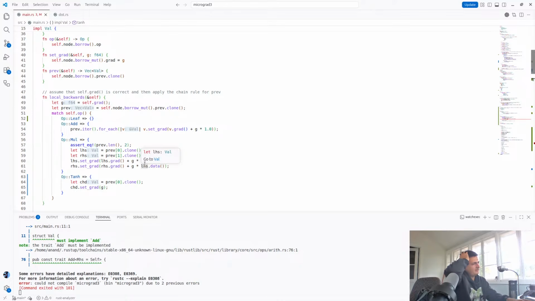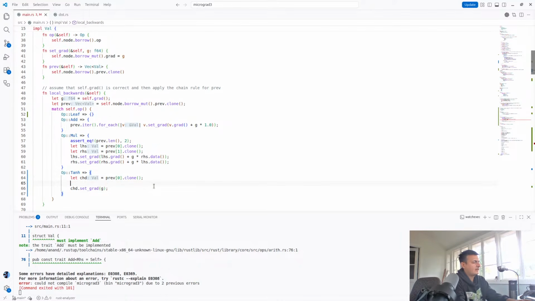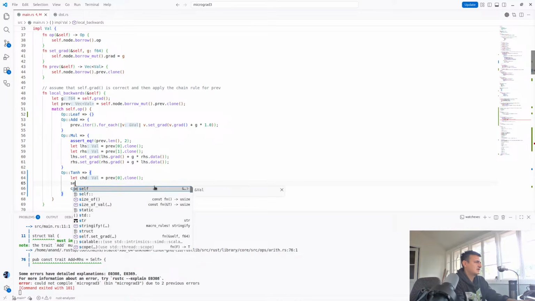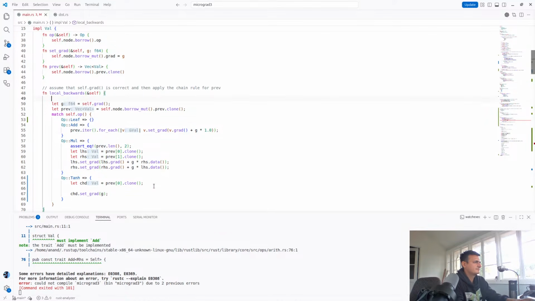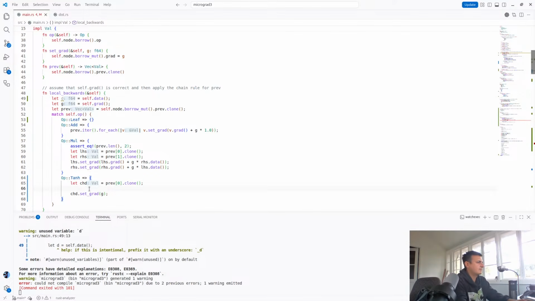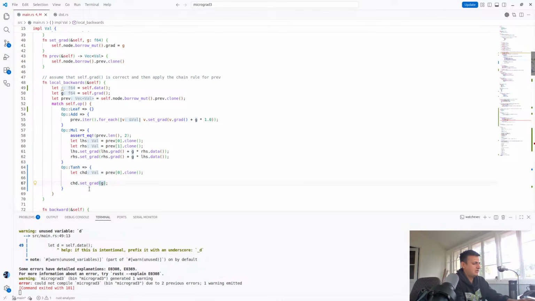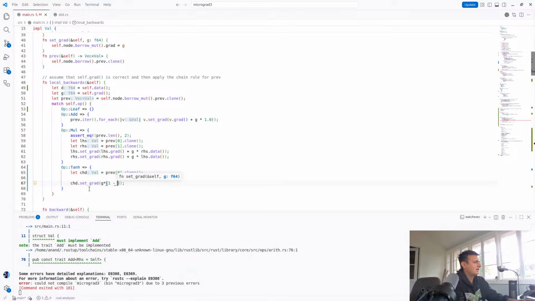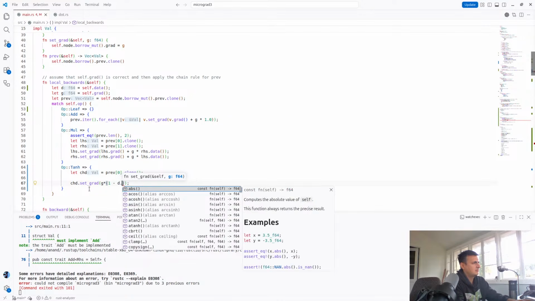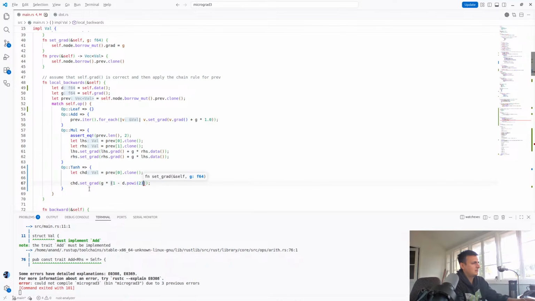But the derivative is going to be self.g times 1 minus... I think that's right. But this is not right, because we need to also say